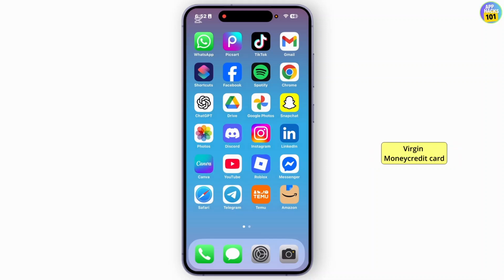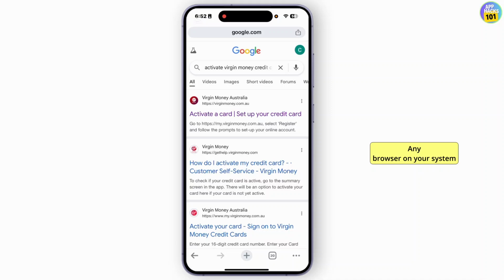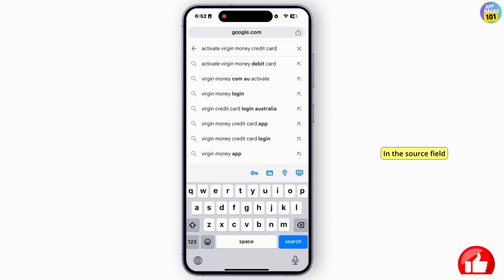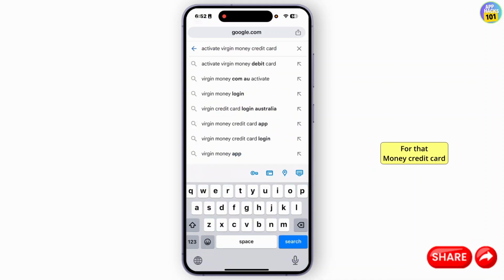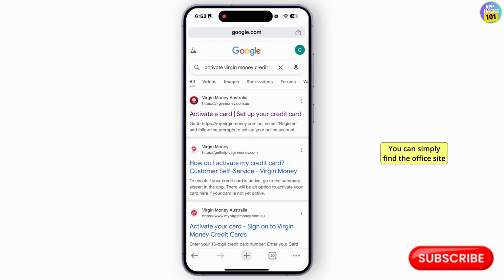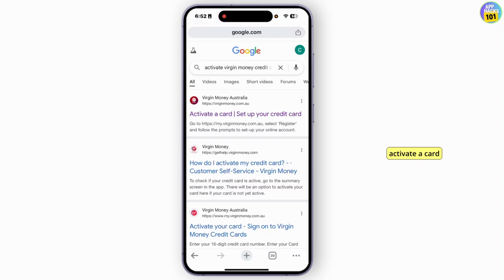So let's get started. First, you have to open any browser on your system. After you open the browser, in the search field, you'll have to search for activate Frozen Money credit card. After you search for that, you can simply find the official site where it says activate a card or set up your credit card. Simply tap on that,